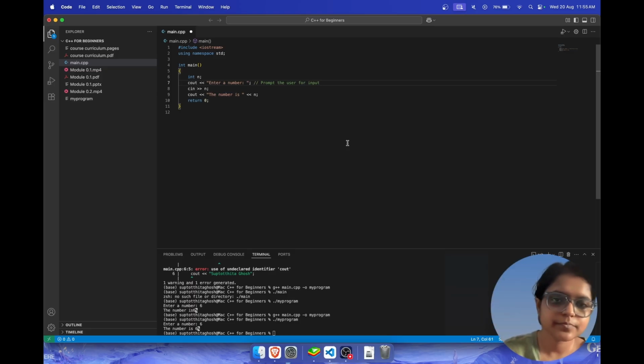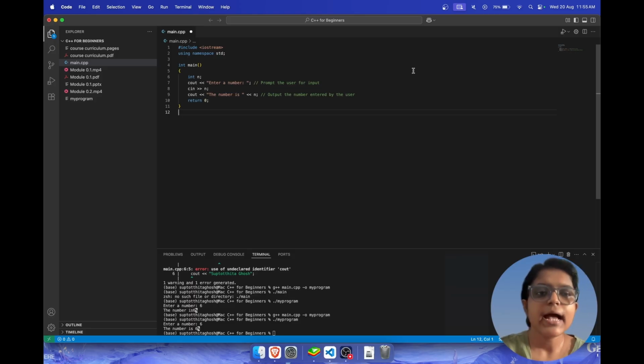So this is how comments are used, and you can write a comment anywhere you want, anywhere you need a comment. You may think this is a very simple program and you do not need to remember anything, but in case you do, feel free to add one anywhere. Here also I'm including a comment: output the number entered by the user. And then we have white spaces, like spaces, tabs, new lines. These don't affect execution at all. They are used for readability.